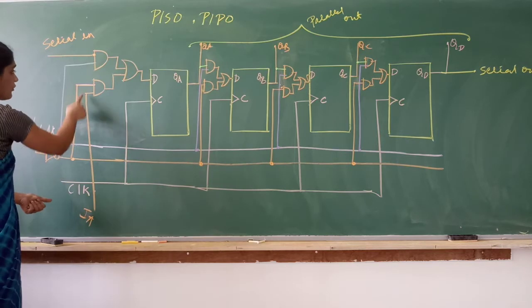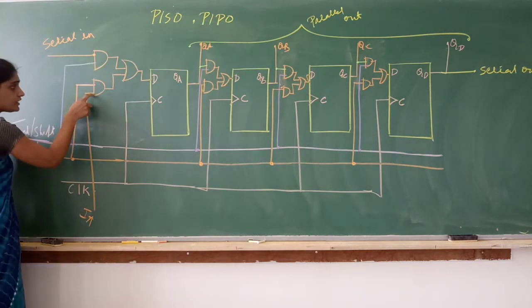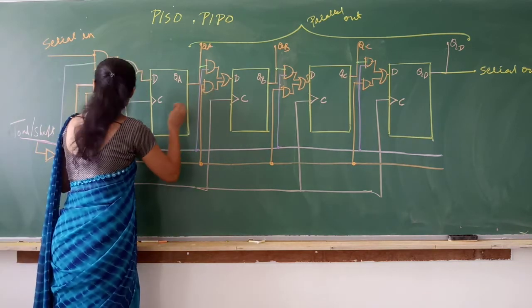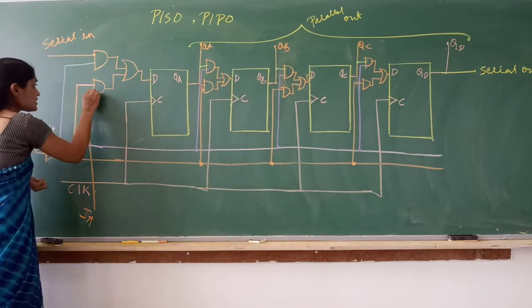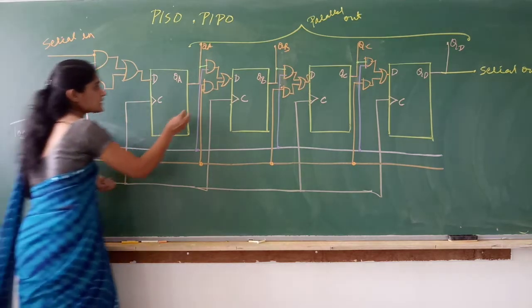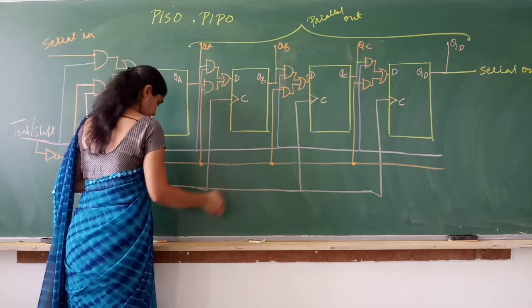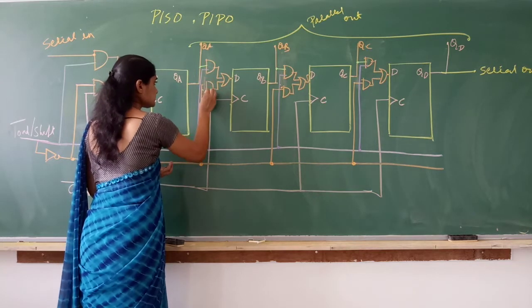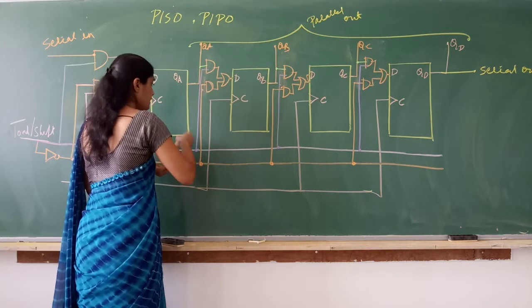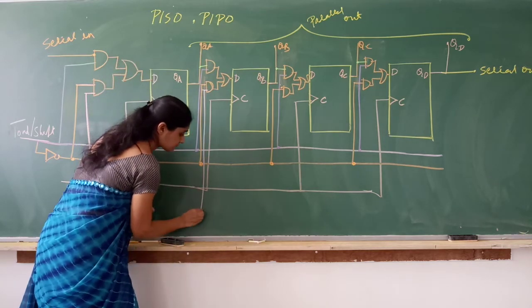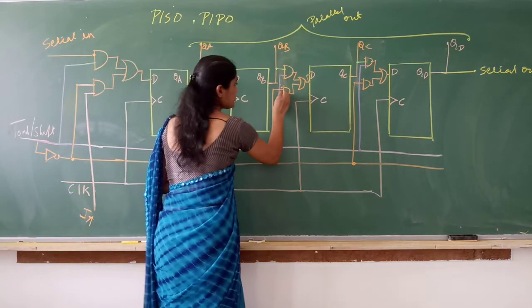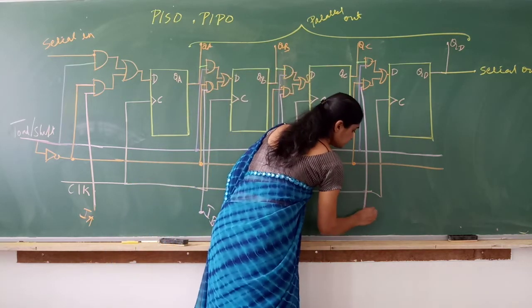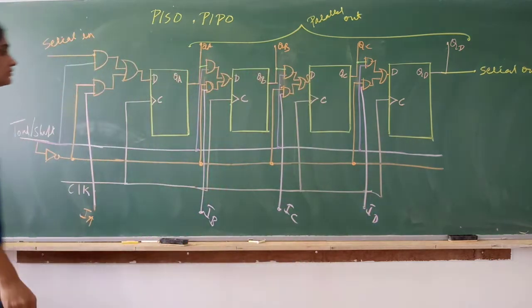So parallel input, 4 inputs I have to give simultaneously. That I am giving here as second input for the second AND gate. So one more input is what? Which pink color I use. So this is IA. Similarly, one more input here is IB. Correct? Okay. One more input is from IB. Similarly for this it is IC. Similarly for this it is ID. Okay. So this is the connection. Hope this is not confusing.